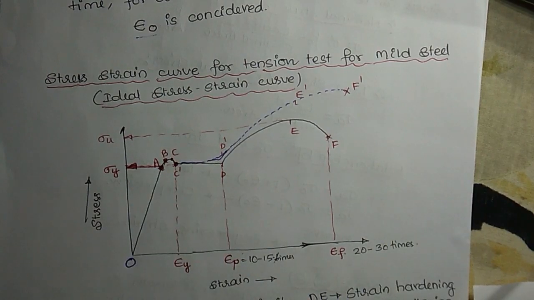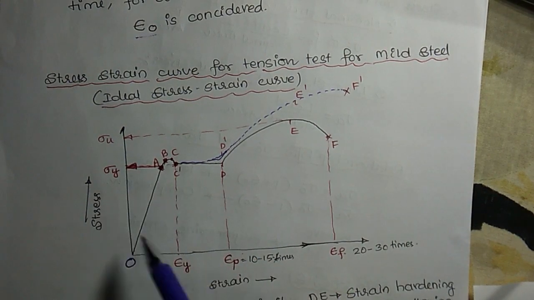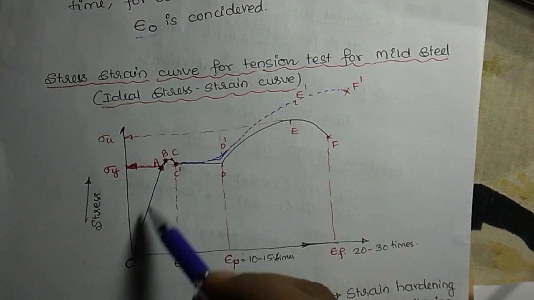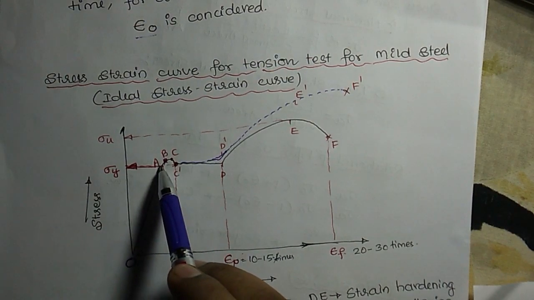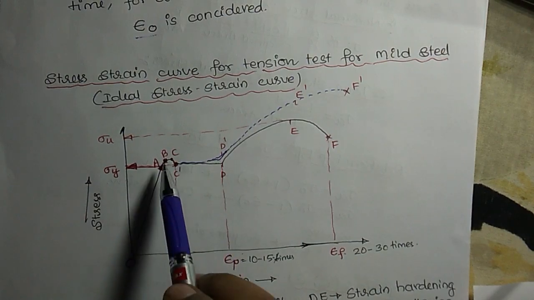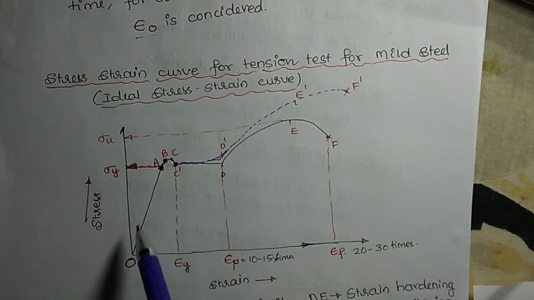A we call the proportionality limit. Up to this point, stress is directly proportional to strain. You can see a straight variation. So up to this point, Hooke's law is valid. From A to B, it's a small curve, hence it's not linear, and B is the elastic limit. It is a limit: if you remove the load from this point, the material or the specimen will regain its